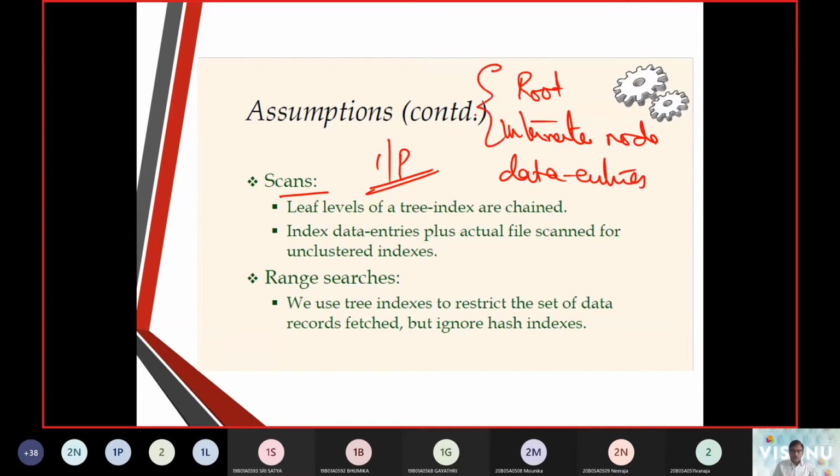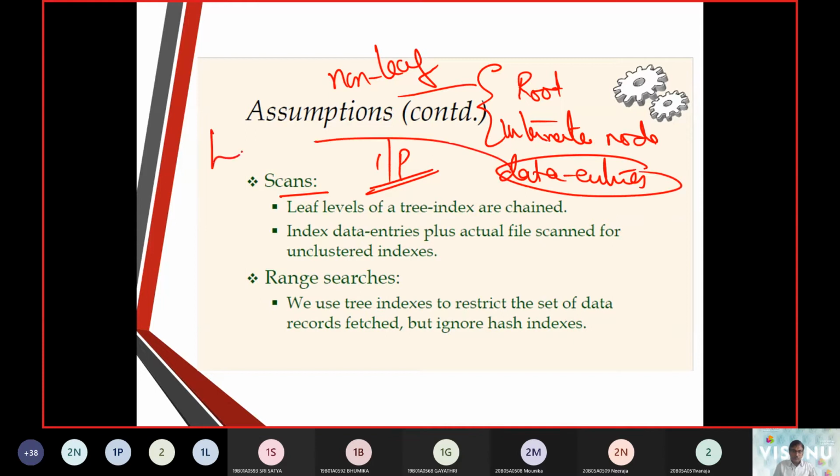So these two items, the non-leaf nodes, and the data entries we call leaf. So this is what we do with a leaf. So we include the scans as per the indexes or as per the data entries.